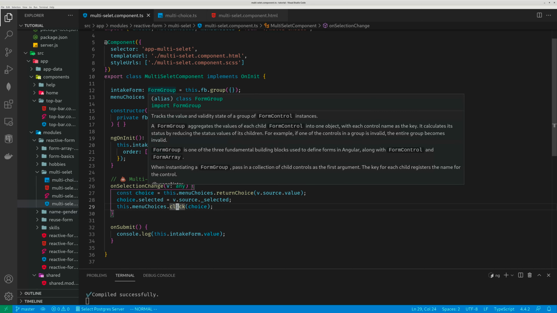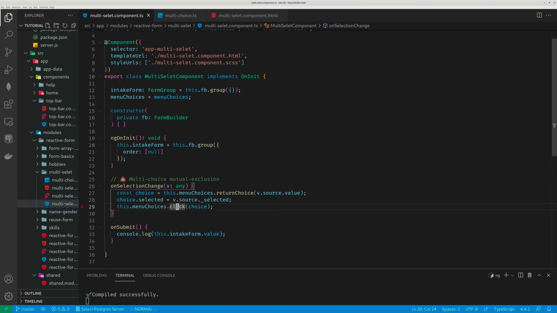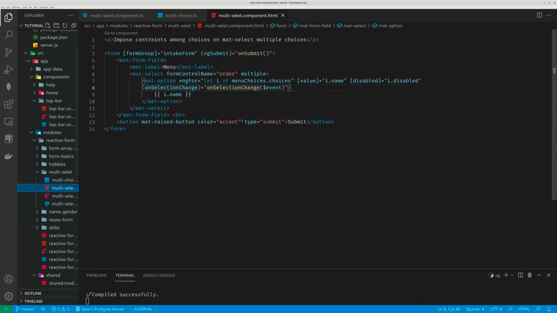So feel free to browse the GitHub. The code is in GitHub. And the template is even easier. Just a mat-select. Form control name is order. It's multiple select. And for each choice object, you assign the name of the choice object to the value property, and you assign the disabled property of the choice object to the disabled property of this multi-selection option. So that's pretty much it. The code is pretty short. Feel free to look up this